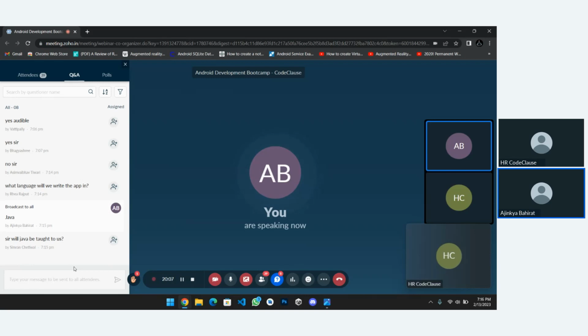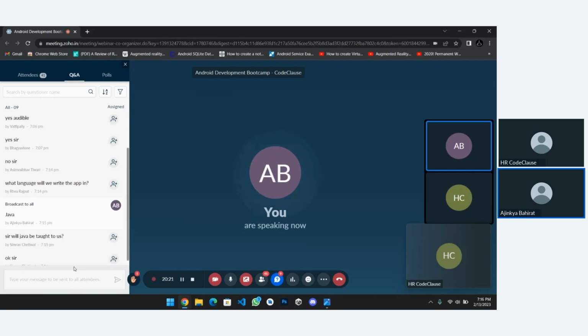So yeah, Java will also be taught. Not the whole part of Java, only the required parts. Android Studio supports different kinds of pre-built queries and all these things. So not much knowledge of Java is needed. You can easily adapt to it. Okay.